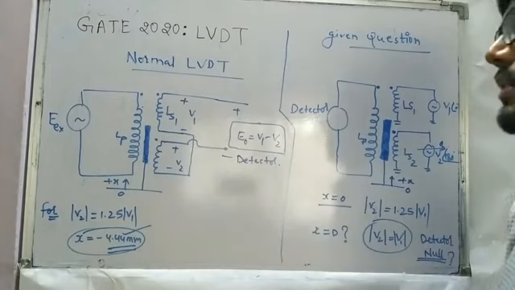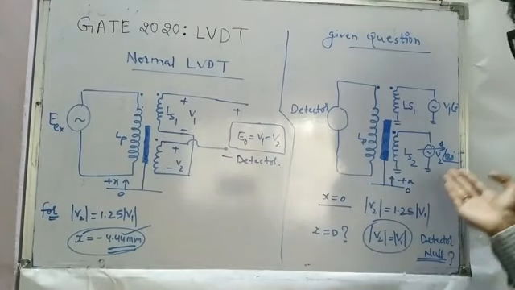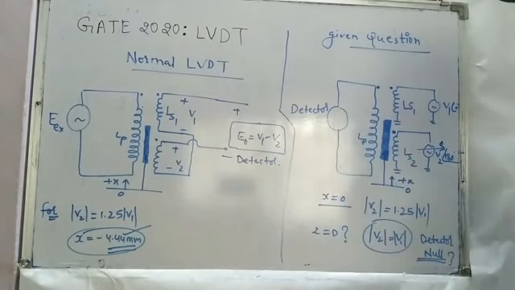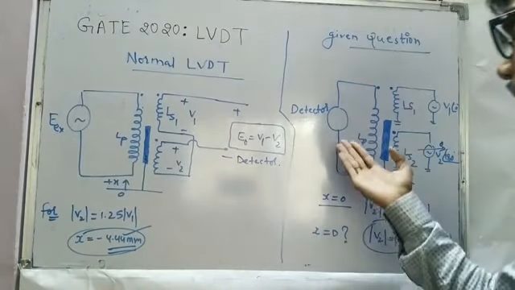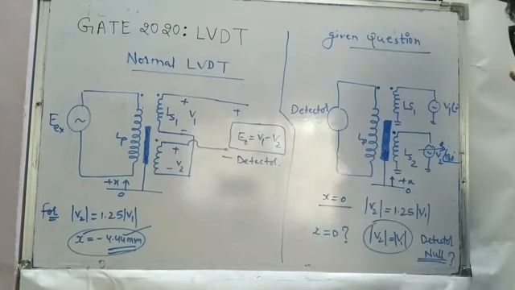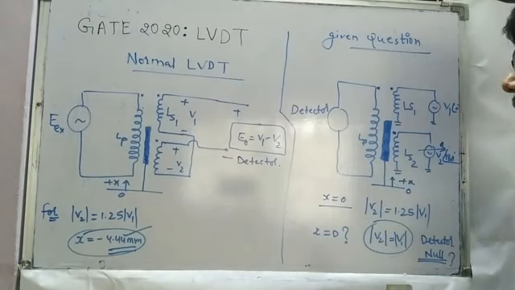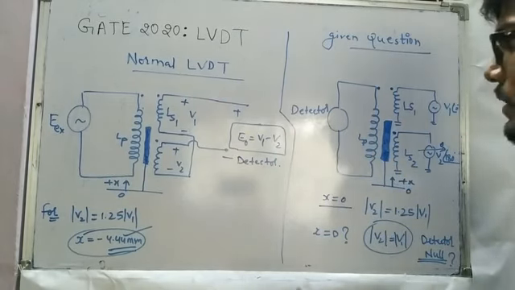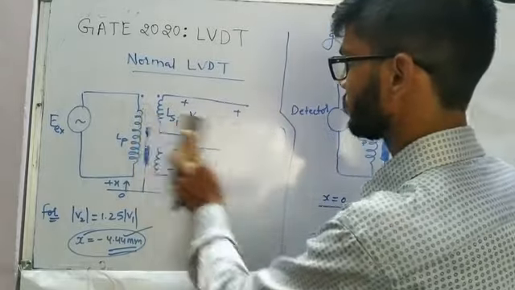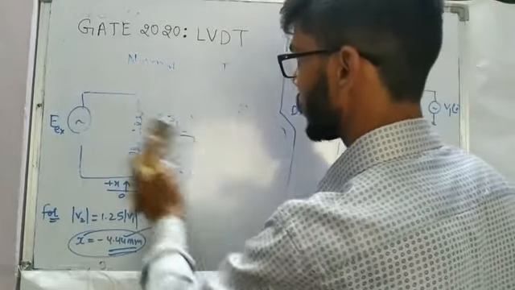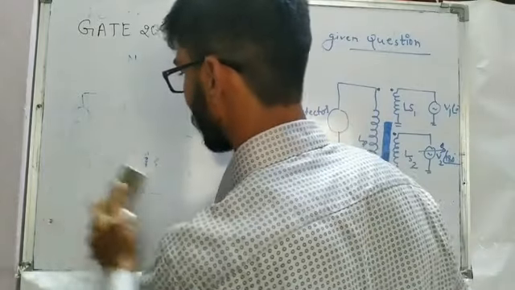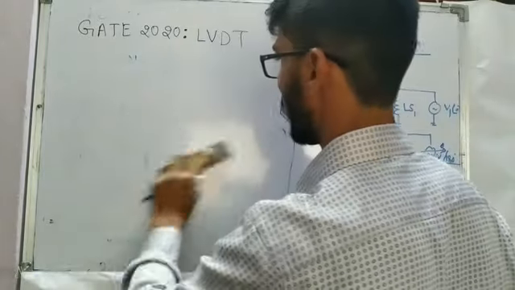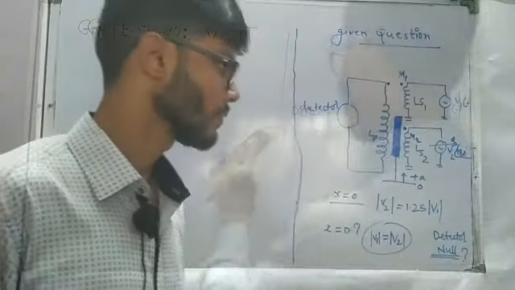In the case of an LVDT, V1 and V2 are outputs, but in this case V1 and V2 are given as sources, and in a normal LVDT excitation is given at the primary, but here at the primary it is a detector, not the excitation. So you have to be very careful about it. And now if you start solving, it is simple again. Only the concept you have to understand clearly from the given question and its language, and the idea of mutual inductance is going to be the same.